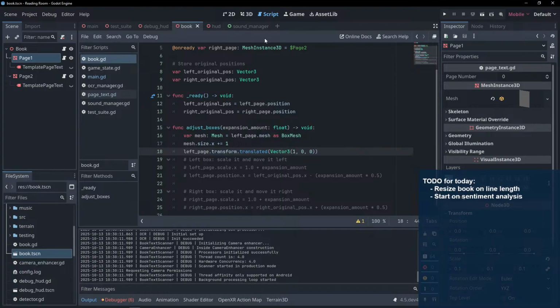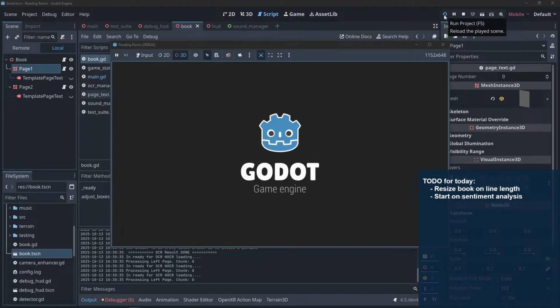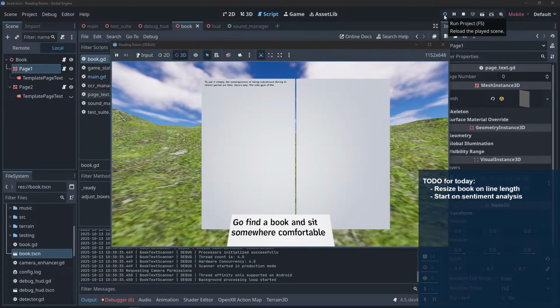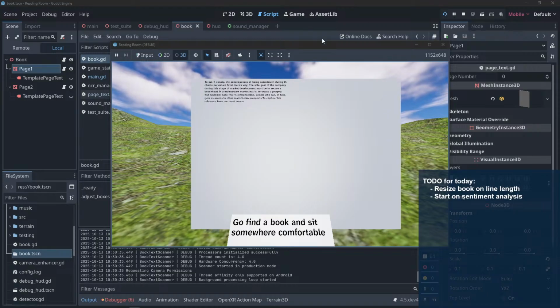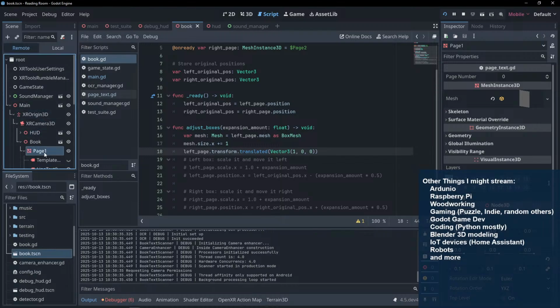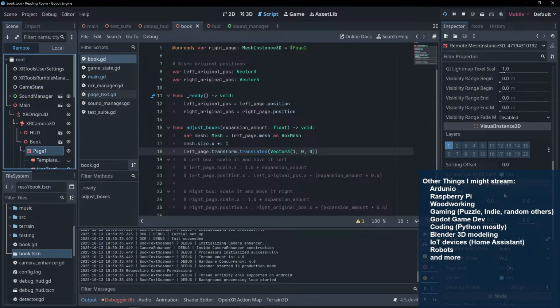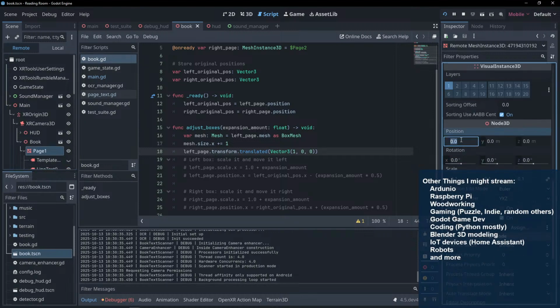One thing I can do is do it on my own manually. If I go to remote again, go to the page, go all the way down, its position would be like